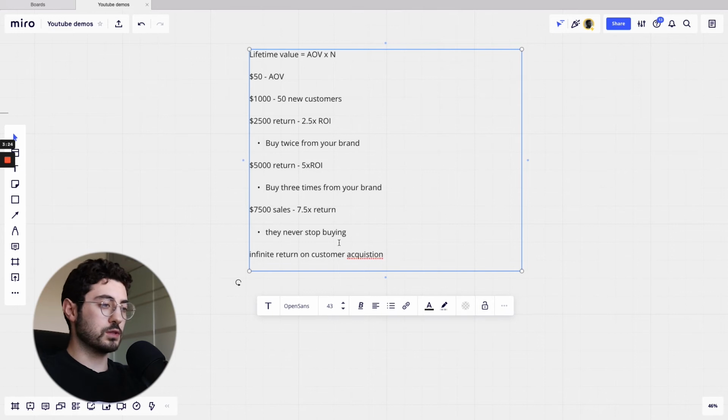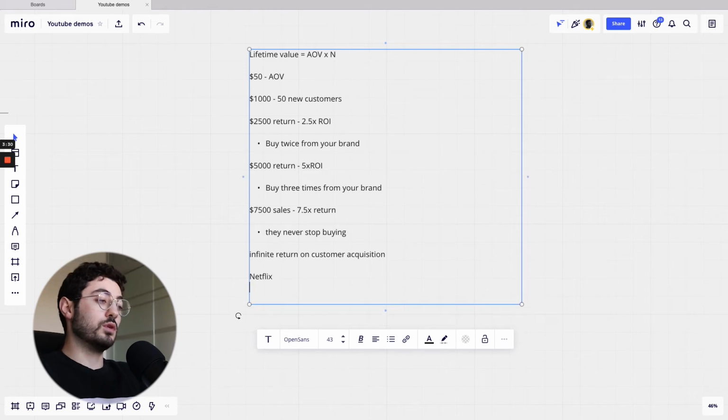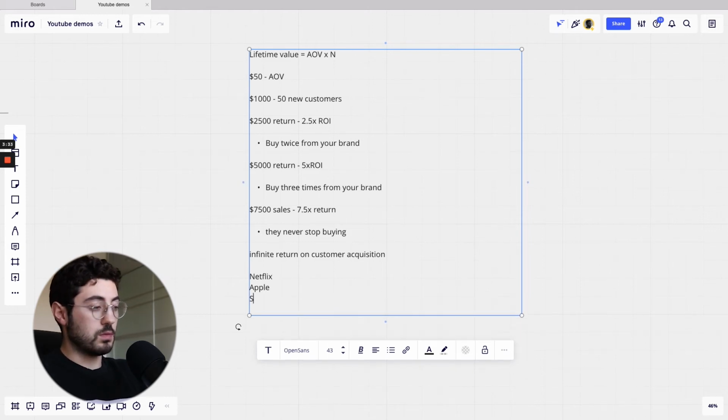If we look at some of the biggest brands out there, for example, brands like Netflix, Apple is a good example, Starbucks as well. What these brands do more than anything is make sure that once people start buying from them, they never stop buying. If we think about Netflix, they obviously have a recurring subscription model, so their churn is very, very low. I don't know how many people you know that cancel their Netflix subscription, but I've had it for years now, and I have no plans of canceling it anytime soon. Similarly with Apple, the first Apple product I've bought was quite a while ago now, and I'm still buying Apple products.